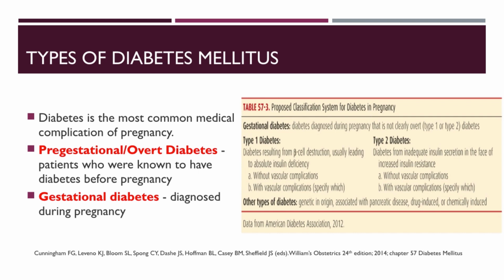In recent years, the International Association of Diabetes and Pregnancy Study Groups, the American Diabetes Association, the WHO, and the International Federation of Gynecology and Obstetrics use the term gestational diabetes to describe diabetes diagnosed during the second half of pregnancy, and terms such as overt diabetes or diabetes mellitus in pregnancy to describe diabetes often diagnosed early in pregnancy